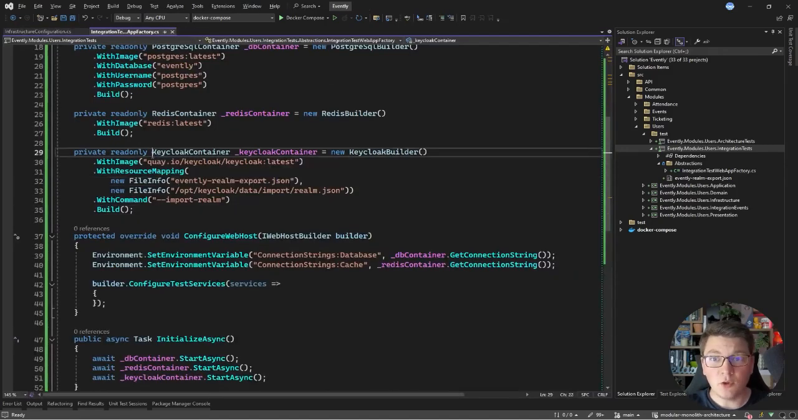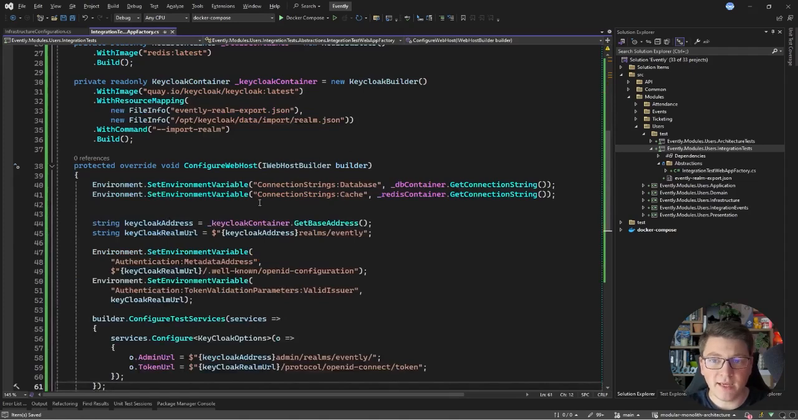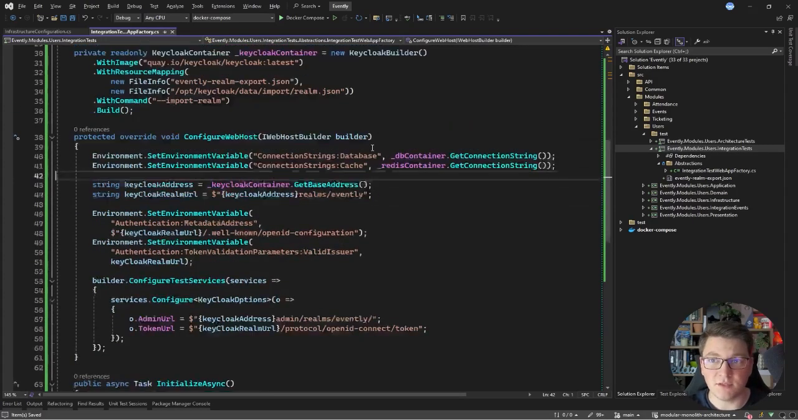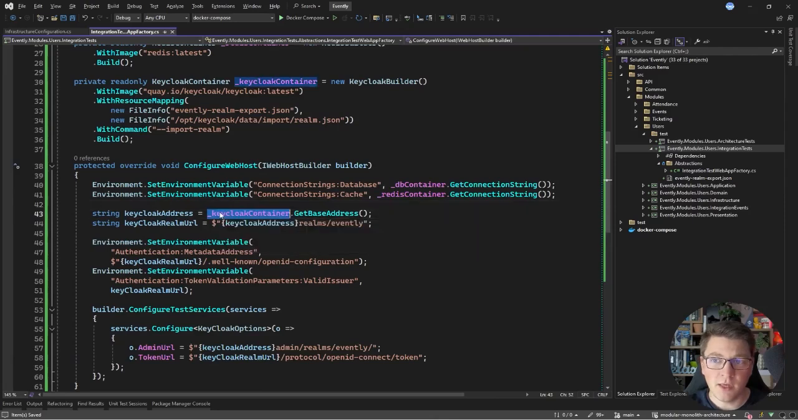Setting up the Keycloak container is only part of the work. We also need to configure our application to connect to this container at runtime. So I'm going to add the required code for this, and then let me walk you through what I have set up. And of course, you can grab this code snippet from right under this video. So what we are doing here is using the Keycloak container once it has started to get the base address for